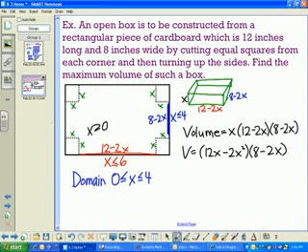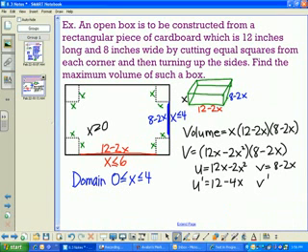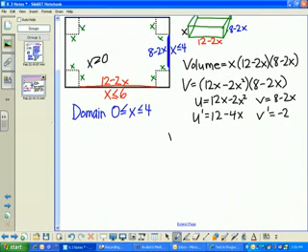So remember, maximum minimums happen when the derivative is 0 or undefined. So I have our first term and our second. So when we use that product rule,